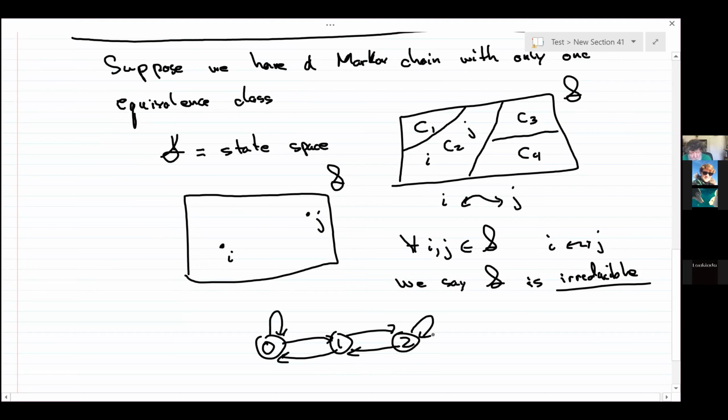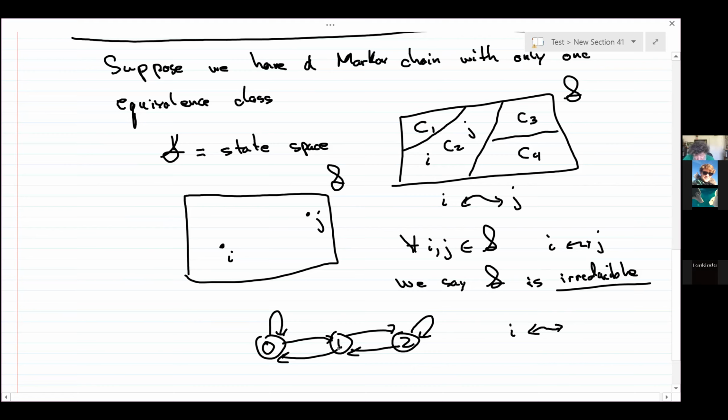The arrows are the one-step transition probabilities. You can get from 0 to 1 in 1 step. You can't get from 0 to 2 in 1 step because there's no arrow that goes directly there. From 0, you either go back to 0 or you go up to 1, but you don't go to 2. But if these are all the states, it's clear that i communicates with j,